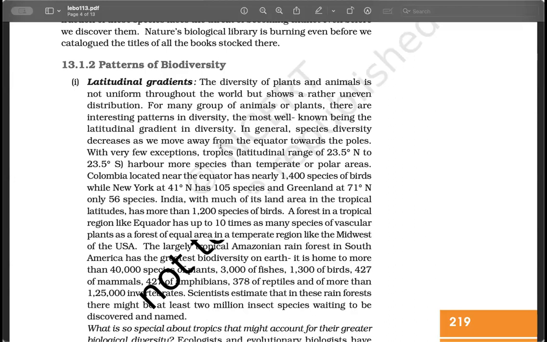Now, what do we mean by it? You must have studied in geography that you can divide all the regions on Earth into certain zones. The polar zone, remember that? What is the polar zone? It is near the South Pole or the North Pole. Then you have the temperate zone and the tropical zone. Do you remember these words? So what is the temperate zone? It is just after the pole.